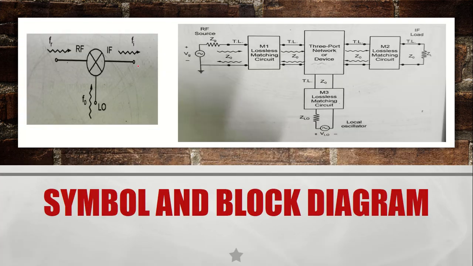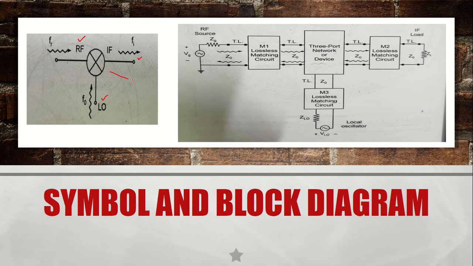So this is the symbol of your mixer. This represents a multiplication, because multiplication is once again repeated addition. So this mixer is represented by a multiplication symbol. This is my RF signal. This is my local oscillator, which is going to be responsible for changing the given input frequency, and this is the port where we are obtaining the required output frequency.